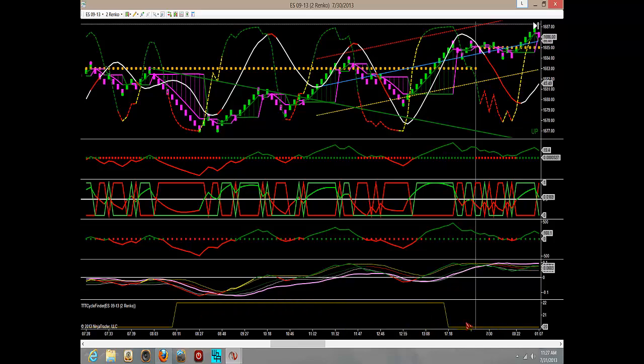So the difference between 20 and 22 would be setting the cycle length on the swing cycle VB to either 10 or 11. So 1 point difference in there does not make any appreciable difference in the function of the indicator. So for the most part, this cycle length will stay at 20,